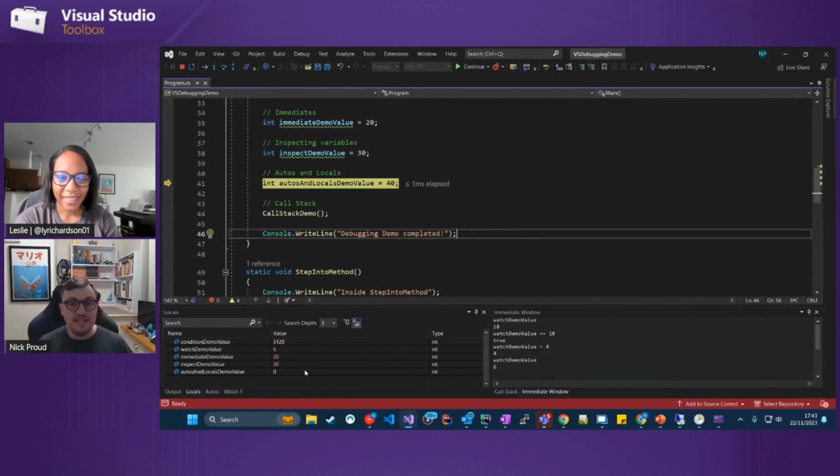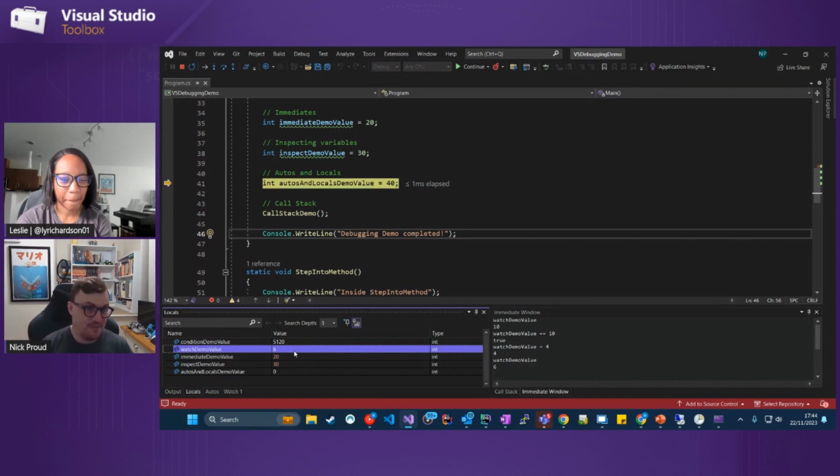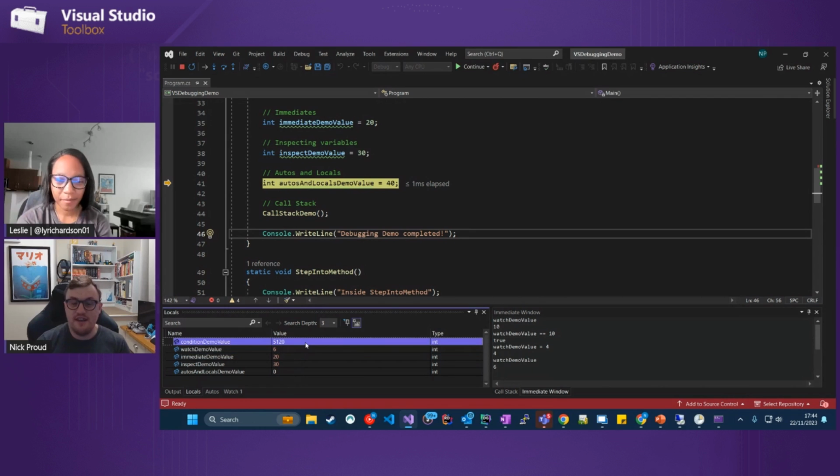One thing I do really love as well that you guys have put in is this idea that you can't get away with changing something and not being found out. So here, for example, if you remember, I've changed these values while the application was paused, and Visual Studio is flagging those in red to say, hey, these were changed, which, again, is super important. I think this idea of traceability in debugging,